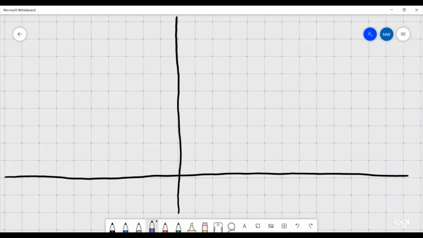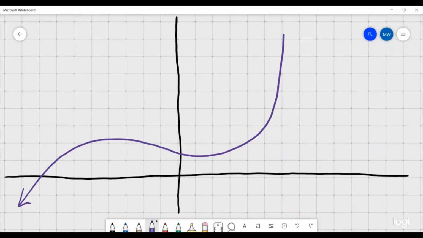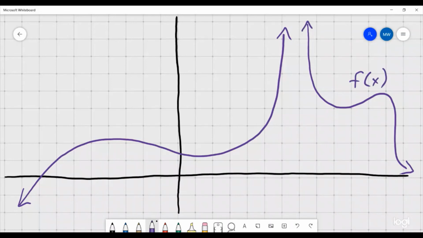So let's say again that this purple line is representing our curve, and this is instead our function of f of x. What is the limit of f of x as x approaches, let's see, 2, 4, 6, 7, as x approaches 7? We're trying to figure out what